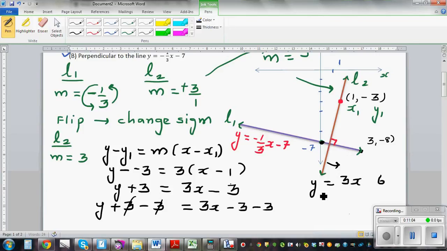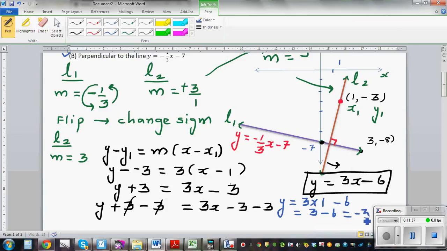Okay, how would you confirm your answer? By plugging in the value of x in the equation. So let's confirm that. When x is 1, y should be negative 3. So let me use a different color. So how to confirm your answer? y is equal to 3 times 1, take away 6, which is 3 take away 6, which is negative 3. So when x is 1, y is negative 3. So our equation is